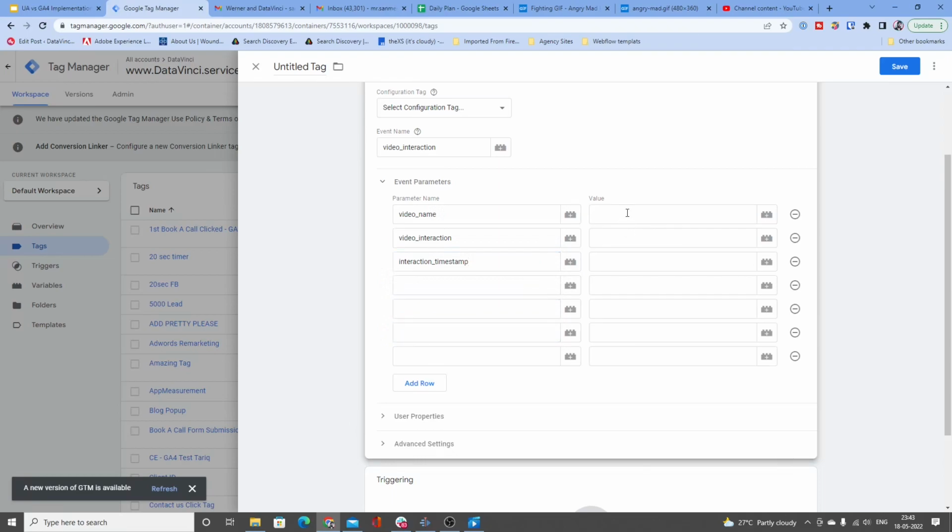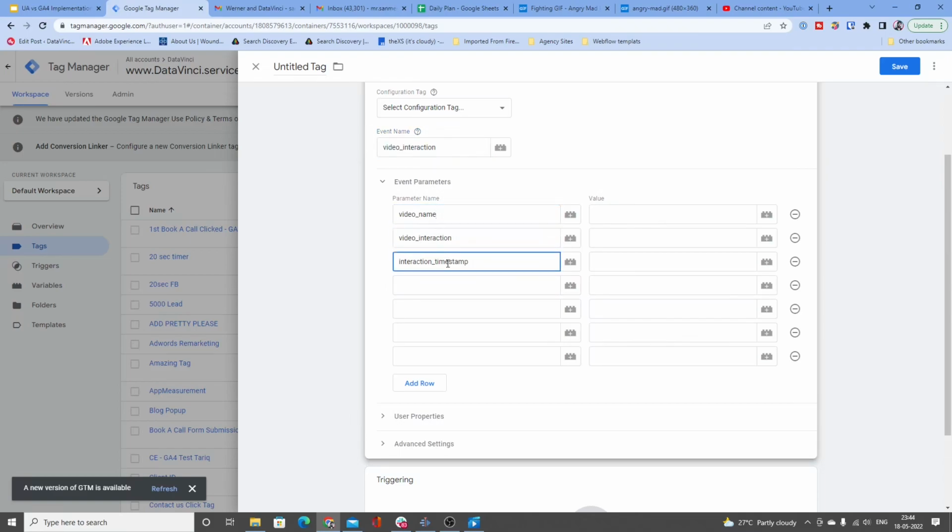And obviously you have to create the variables to pull these values. These can be data layer values or any static values or anything that you have identified to capture the value of this particular variable that you need to pass. Okay, so I'm not getting in too much detail into how you will pass the values. You just need to understand that you need to create the variables and then pass the values to the respective parameters. Okay, so that is difference one, that you have to pass the event name, and then there is no